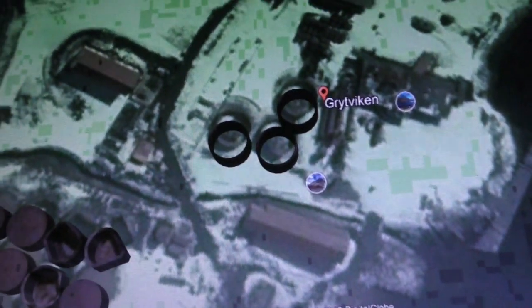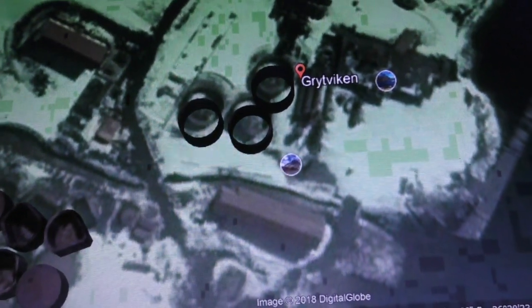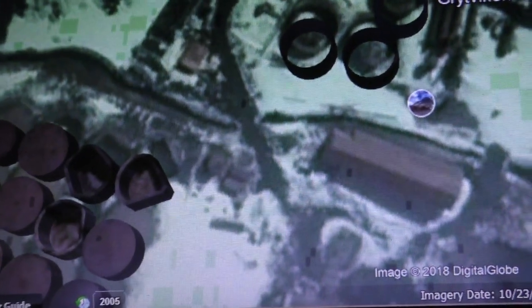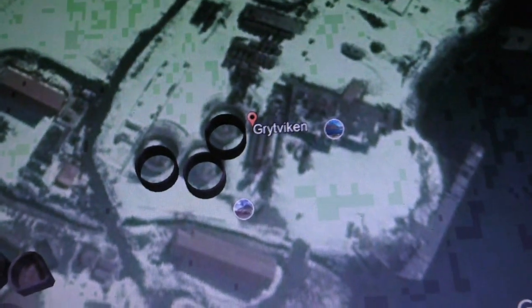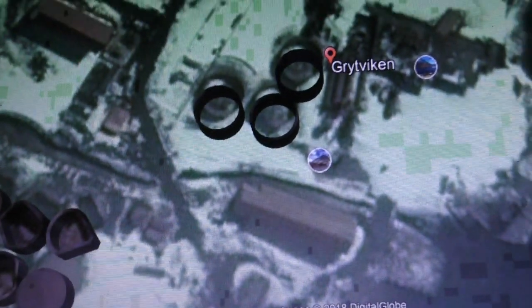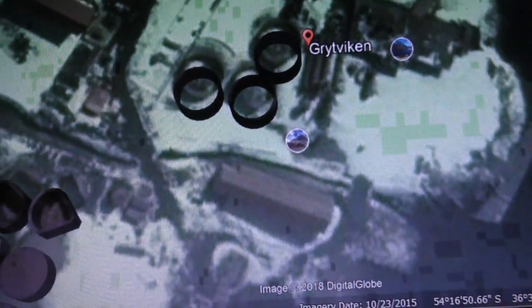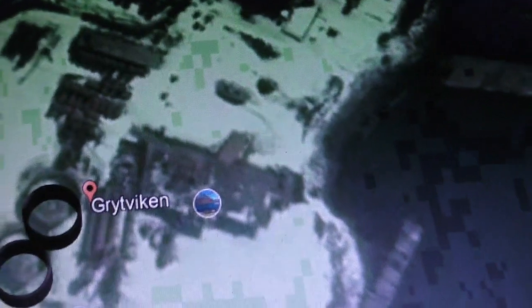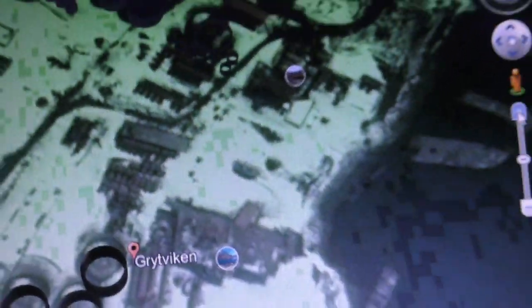If this is the one that was destroyed some time ago, actually, just looking at that, these tanks down here look as though they may have been blown up, doesn't it? If this is the scientific base that was blown up, as part of the black goo nonsense, then we can see, well, there was a hell of an explosion. Look at the size of those tanks. Anyway, as you can see, there's some huts, there's some buildings here, and there's some other stuff here. So there were people there,